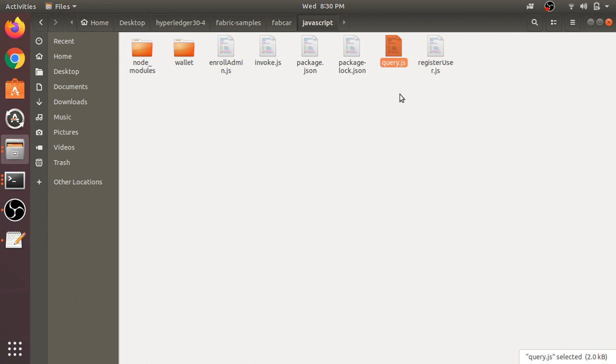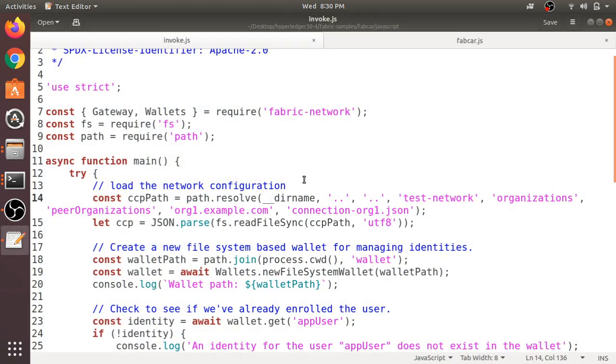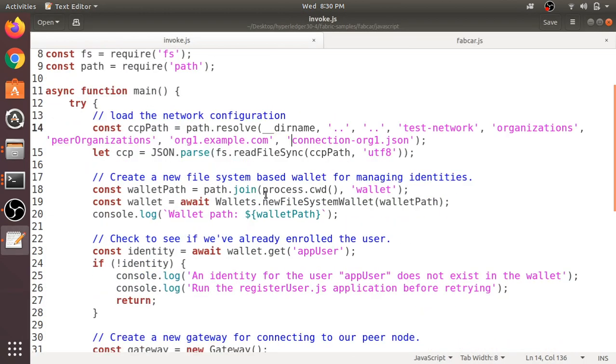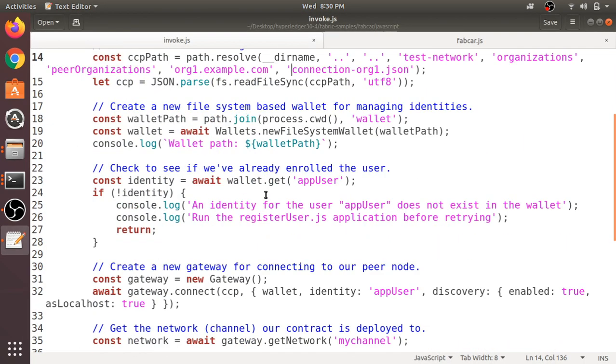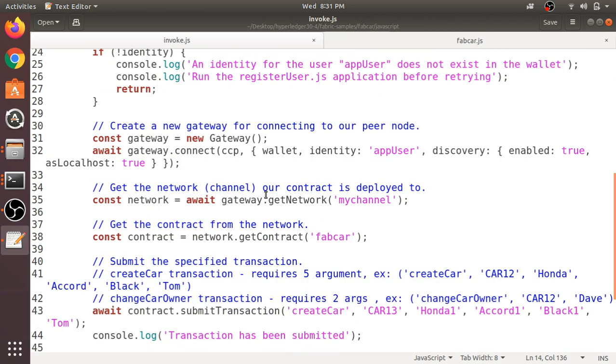We could actually put all 5 functions inside query.js, but here it is given in that manner. Now we can just open invoke.js. In invoke.js, you can see you are just running the function